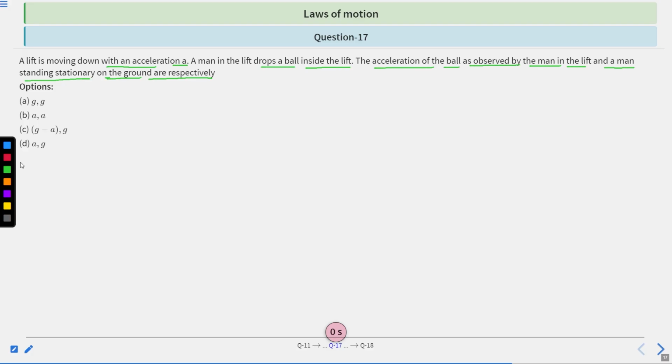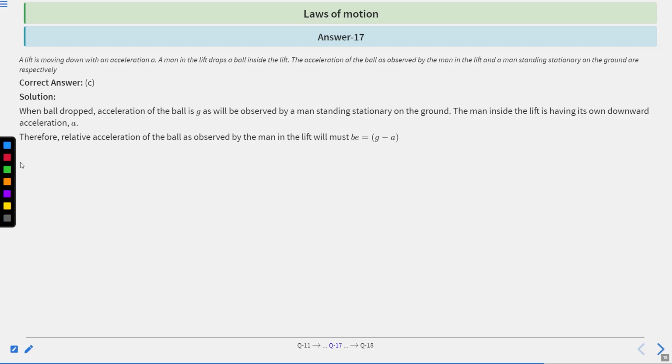Let's find a solution. According to the question, the lift is moving down with acceleration a. A man in the lift drops a ball inside the lift. What is the acceleration of the ball as observed by the man in the lift and a man standing stationary on the ground, respectively? So the solution is, when the ball is dropped,